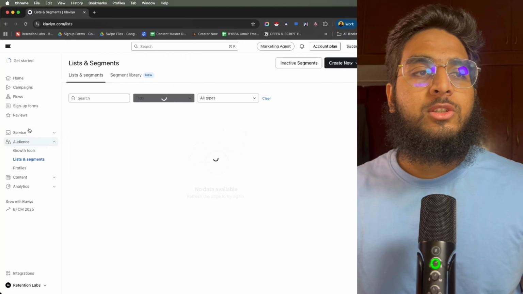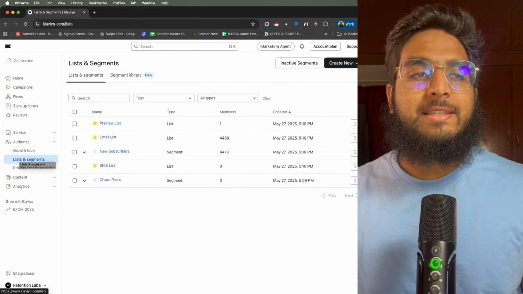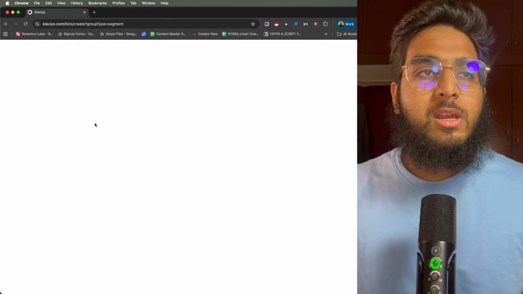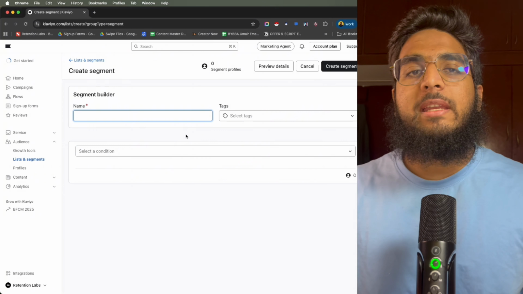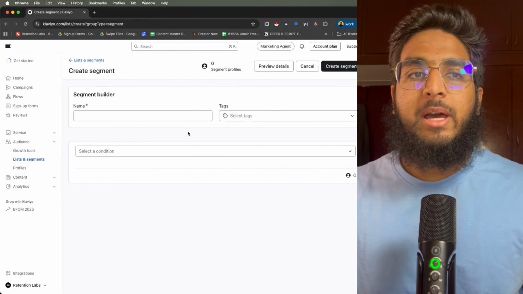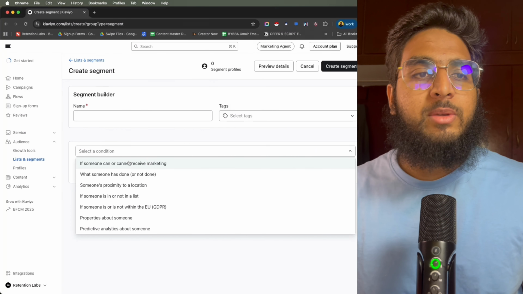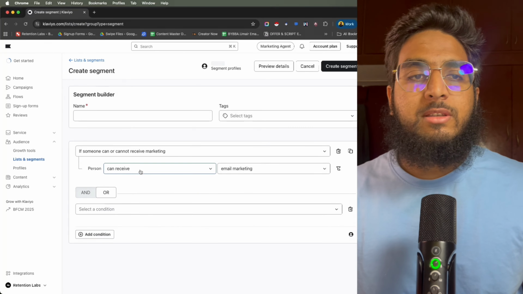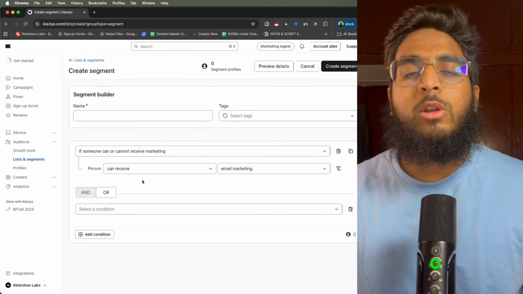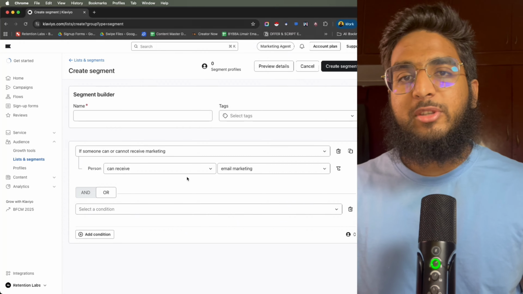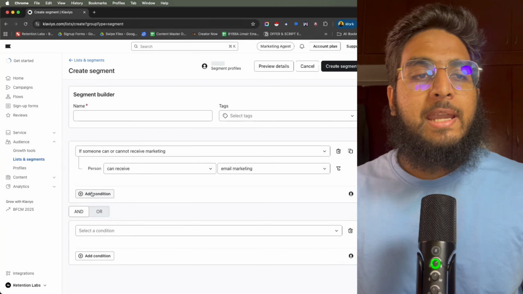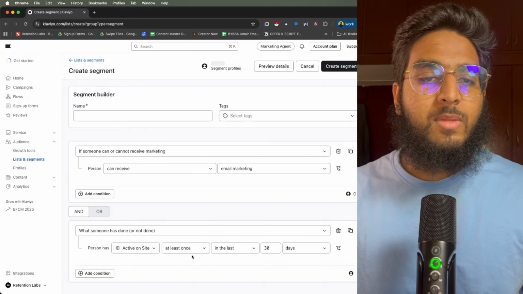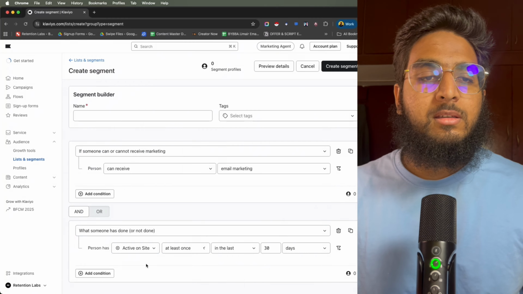The first thing that you need to do is create an unengaged segment. So all you have to do is go to audience, click on lists and segments, and click on create segment. Now, what we're going to do here is define the people who we want to remove from our list. So my definition could be something like: if someone can receive email marketing, because if they cannot receive email marketing, they're already suppressed or they've already unsubscribed from email marketing,